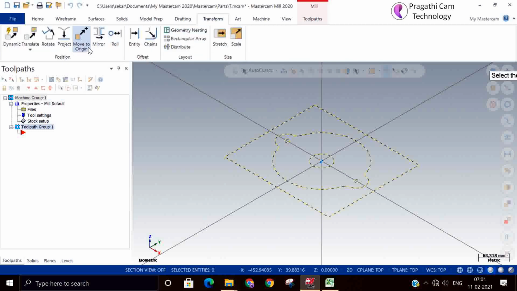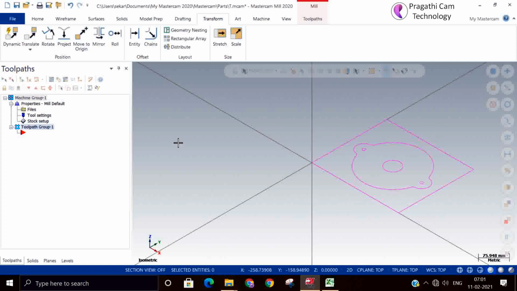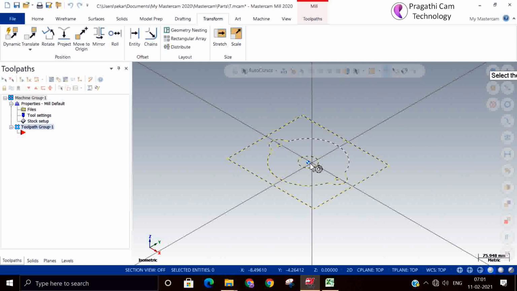So if you want to change the 0, suppose I just moved this corner as 0 now. So X0 Y0 is the left hand corner. Suppose my machine is not possible to accommodate X, then you can modify. So center may be the 0. So 150 plus and 150 minus in the X. Okay.